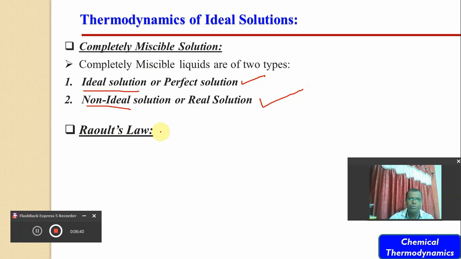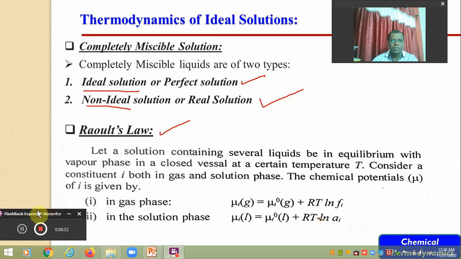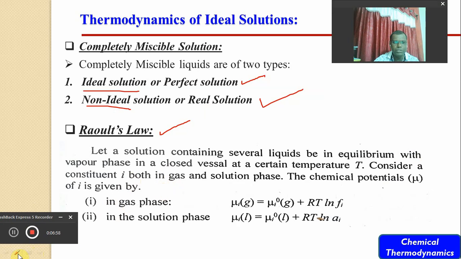That's why it is important to study what Raoult's law is, how we can define it, and how we can derive the equation for it. Raoult's law can be studied with the help of a solution containing several liquids which are in equilibrium with the vapor phase. Whenever you consider several liquids, at higher temperature the liquid will be converted into vapor, and here we consider a solution in which several liquids are in equilibrium with the vapors